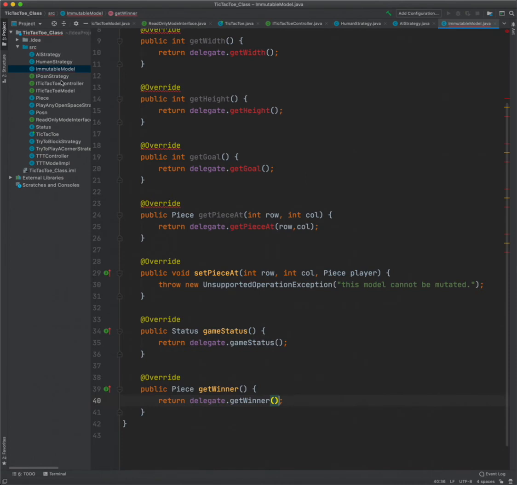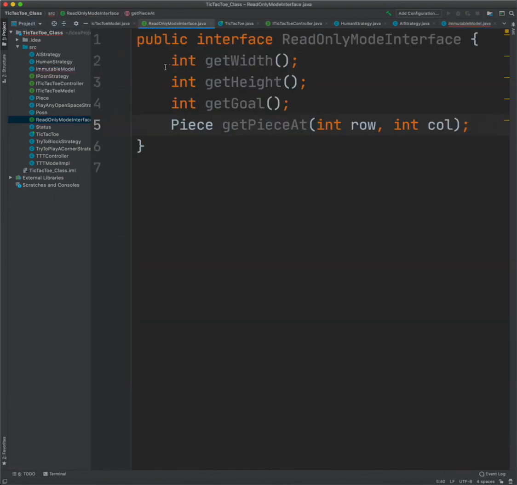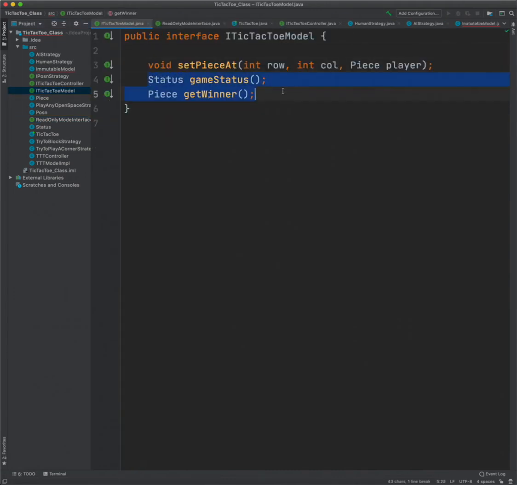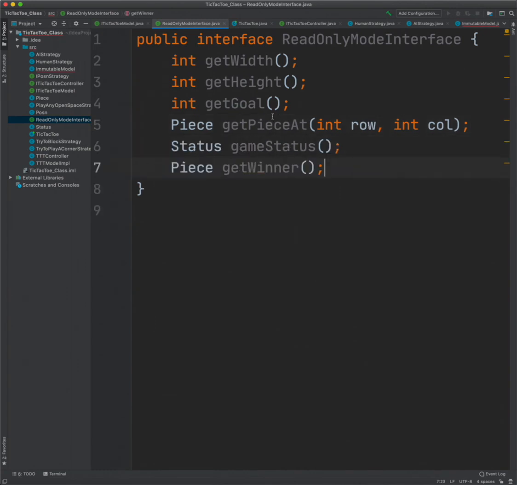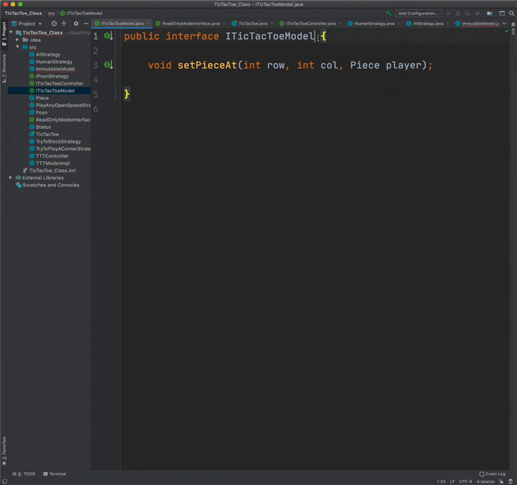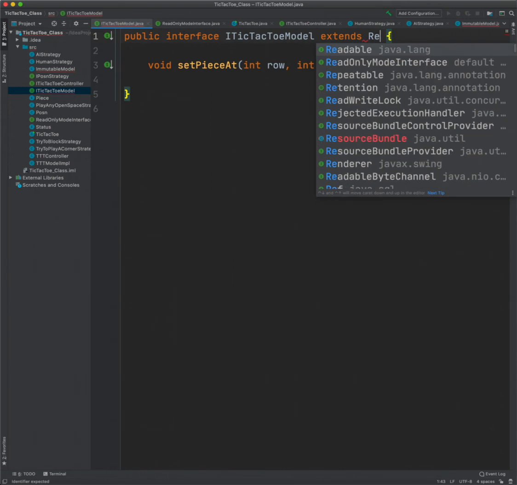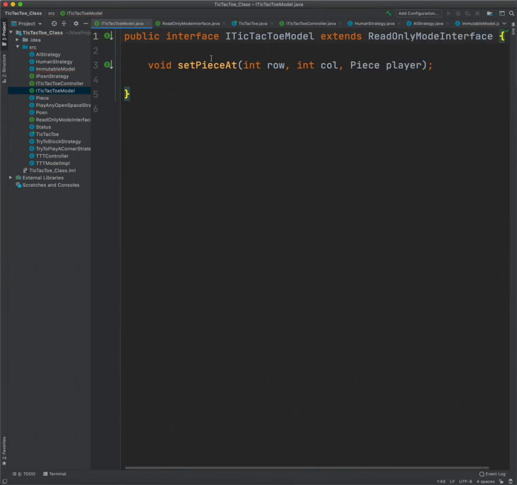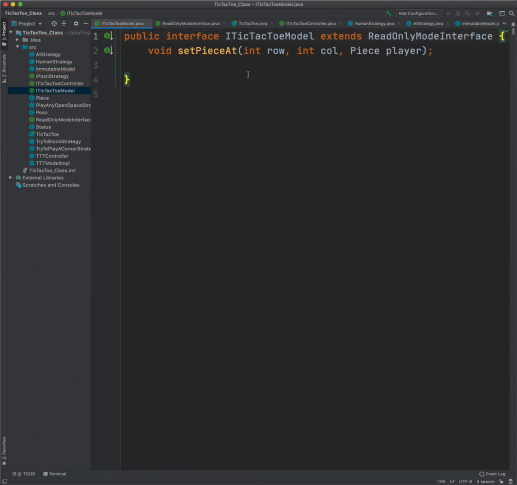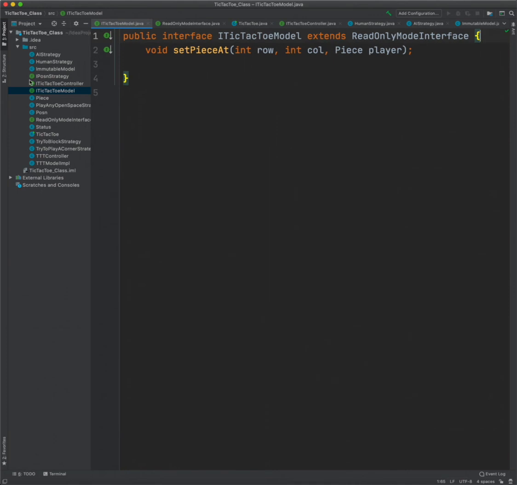Now where is the new interface? ReadOnlyModel. I will put everything in here besides the mutating methods. So, okay, there, and then I will go to my actual interface, and I will say the TicTacToeModel extends my ReadOnlyModel interface. This is pretty cool, right? So now when I go to my strategies,